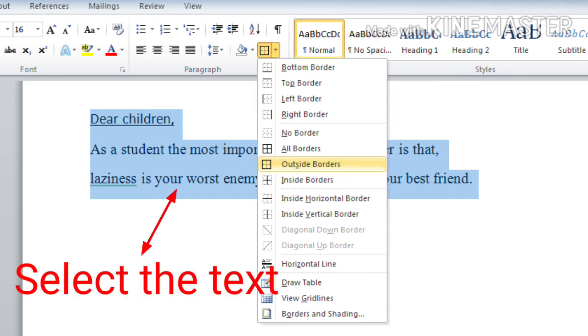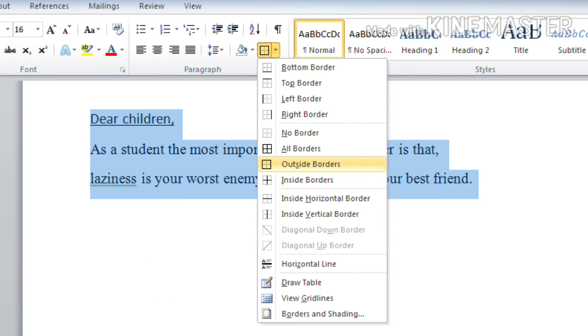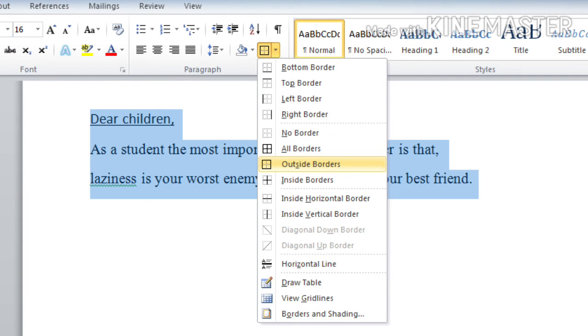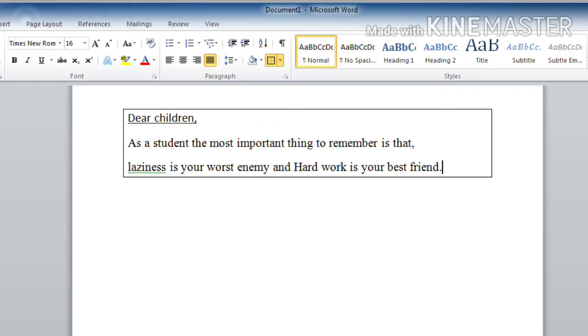Okay, first you have to select the text and then click on the border button in the paragraph group. Here you can see it is the border button, and once you click on it, different types of borders will appear. From that you can select any one of your choice. So I have selected outside borders.